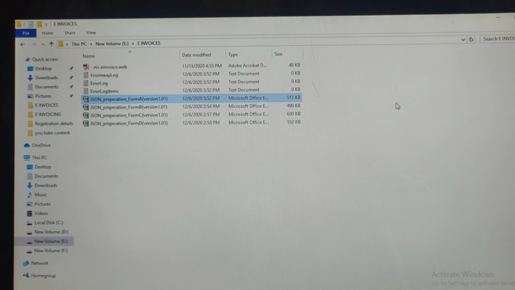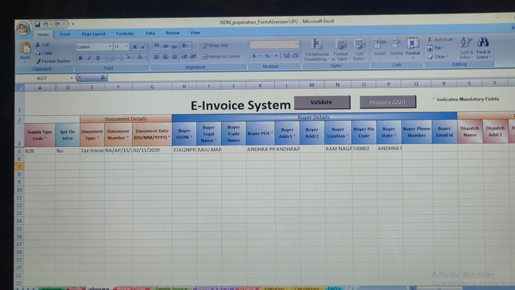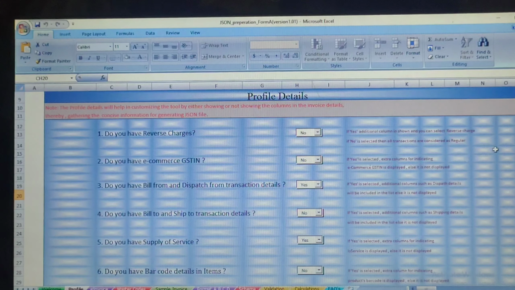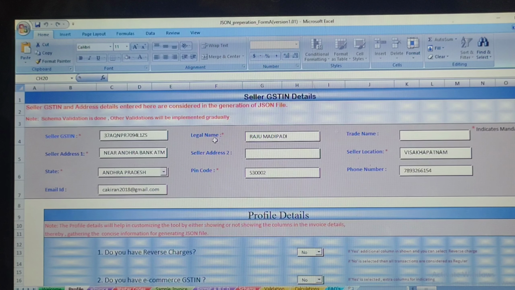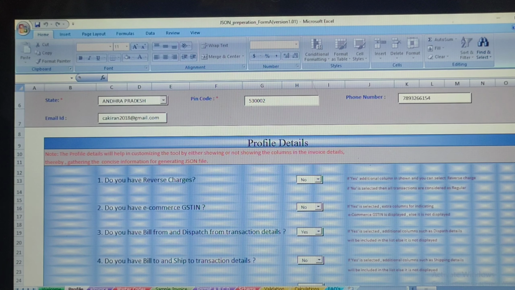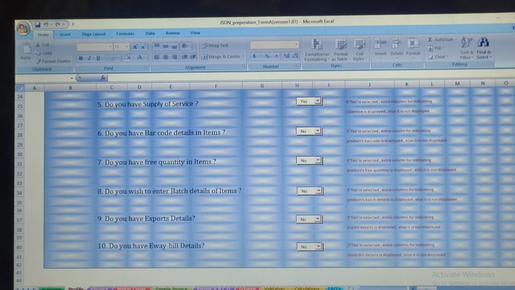So here I am taking format A to upload in the e-invoice portal. Here I have pre-filled all the data of my sample data: seller GST number and legal name and address, state and code, everything I have pre-filled, and I have pre-filled the profile details also.